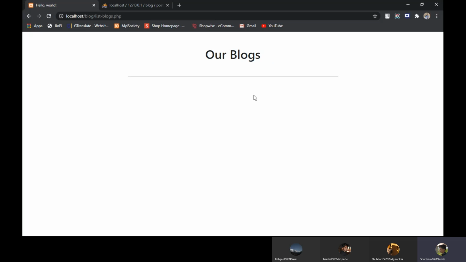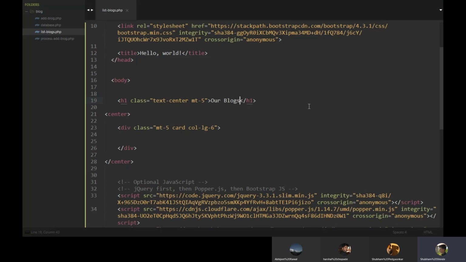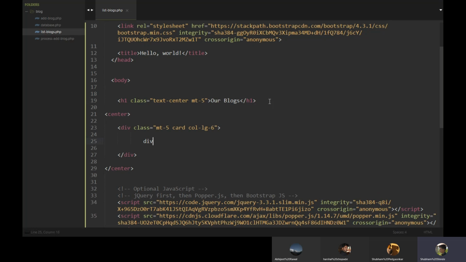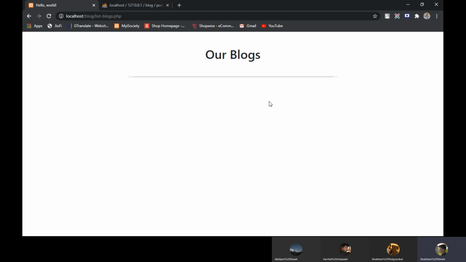Refresh. Yes, the title is created for our new page, and now let's create a single card. So div class equal to card, which is a bootstrap class. It has created a card, but we have not inputted any value, so it is taking a maximum of 1 pixel and we are not able to see it.